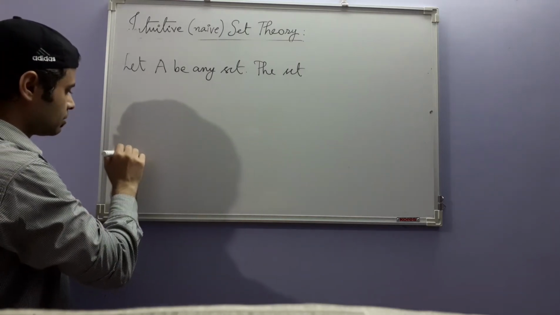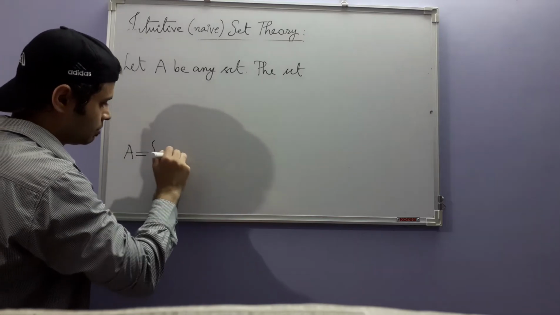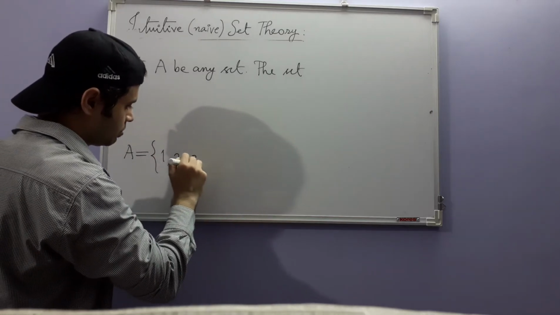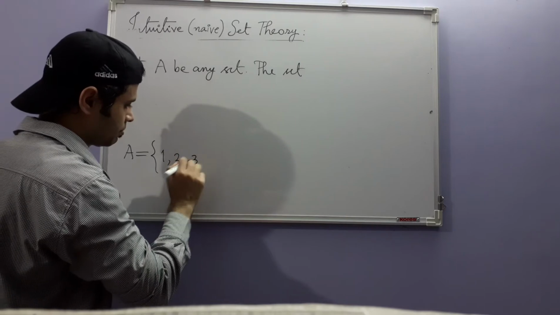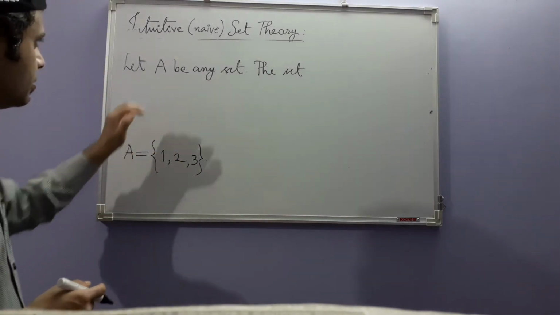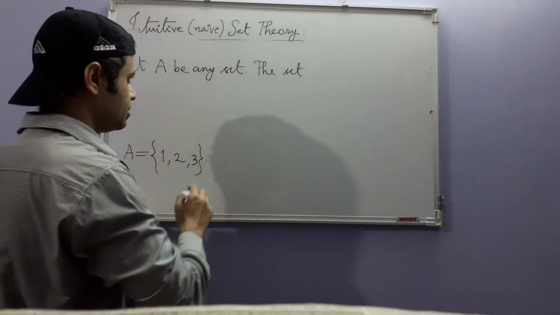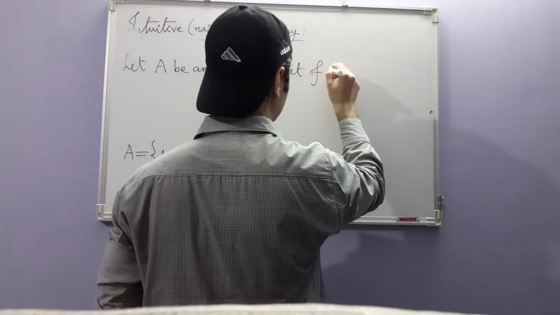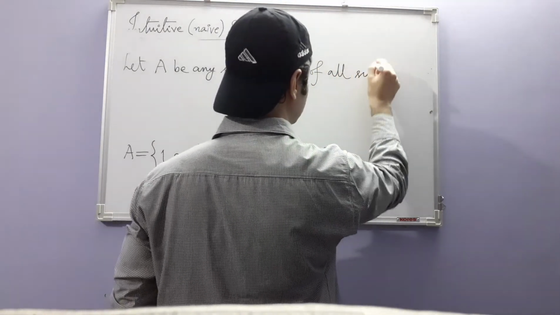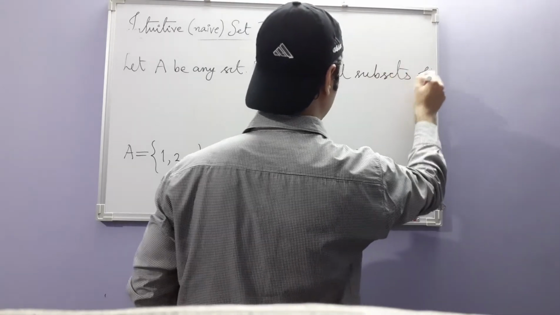So let me simultaneously take an actual example. A is any set. Any set means here we have taken this particular set. The set of all subsets of A